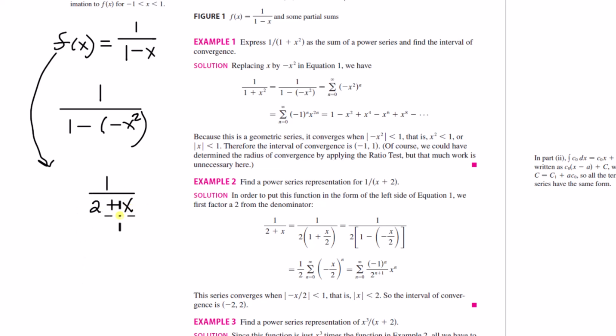Well, we've got the x here. You know, we could write this as 2 minus x. But it's this 2 here that's different. We need to make this into a 1. So we can factor out a 2, and then you get,